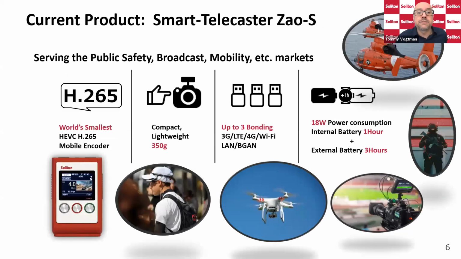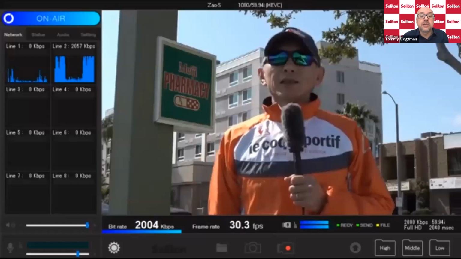It's part of our Smart Telecaster solution, where we have deployed over 7,000 licenses for broadcasting, public safety, surveillance, drones, and other applications. It is being used by video professionals around the world and for news reporting of all sorts, like this reporter. Actually, that's Aki demoing our H.265 encoder to a point-to-point receiver. He looks like a real news reporter.